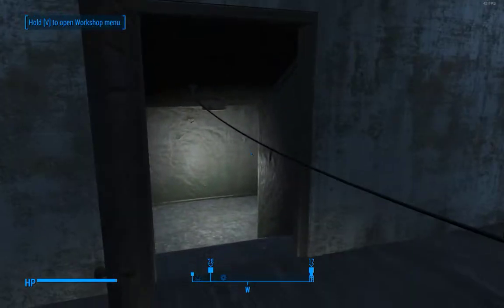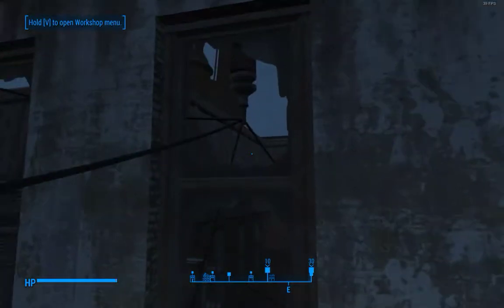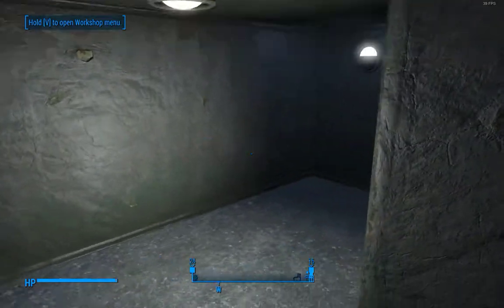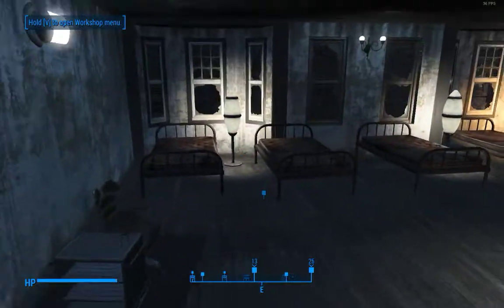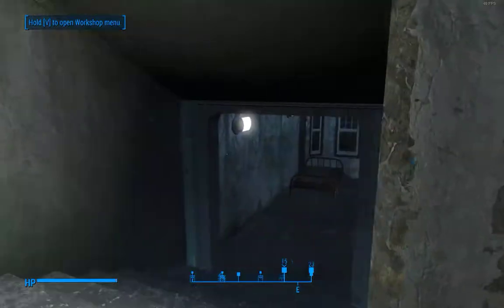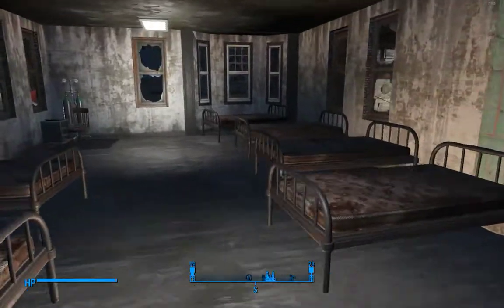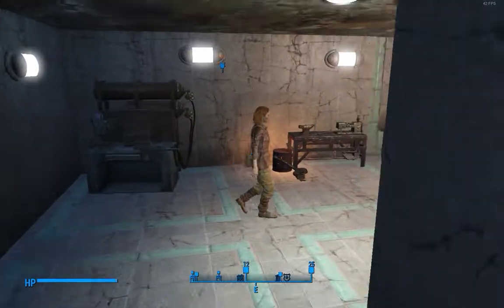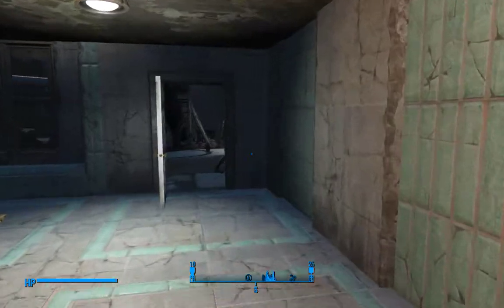Basically more beds. I'm not really good at powering my settlements that efficiently, so unfortunately the cords are everywhere. But oh well, it's a learning process, right? I mean, well, I'll get it done. I'll get better at it eventually. But anyway, I know it's not a terribly long video, but...